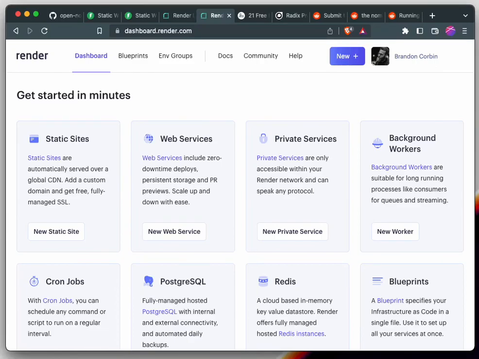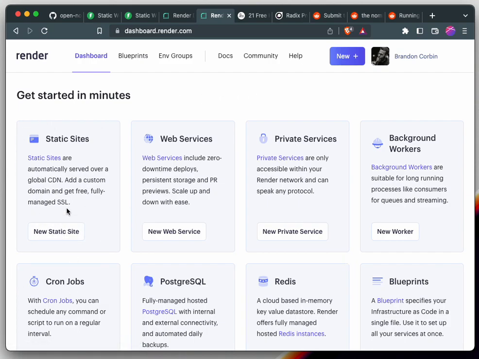So last time with Static.app, I didn't realize that it was $6 a month. They have this free plan, but it only lasts for 7 days. So this is now using render.com, and you can go to render.com, sign up, and I'm going to show you how you can get a build with Nomie. Now it's not as easy, it's a little bit more technical, but what we're going to do is we're going